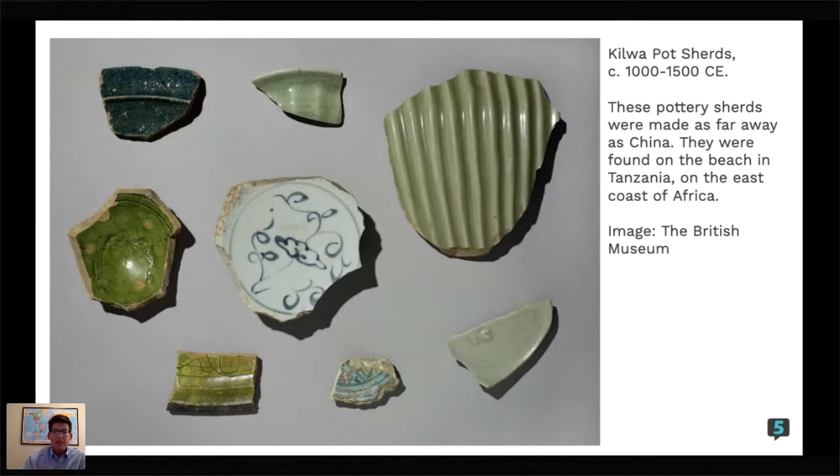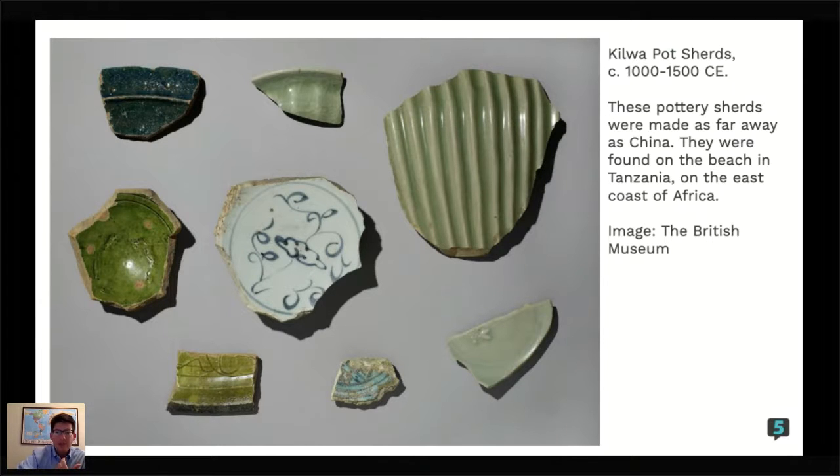Some of these may have been transported to India. They may have been traded for things like elephant ivory or lumber or gold, and those things may have been brought back to places like the Middle East, India, Southeast Asia, China. So it's a really interesting source, although they're just broken pieces of pottery, right? But it's interesting to see just how extensive the trade network was so long ago here in the Indian Ocean.